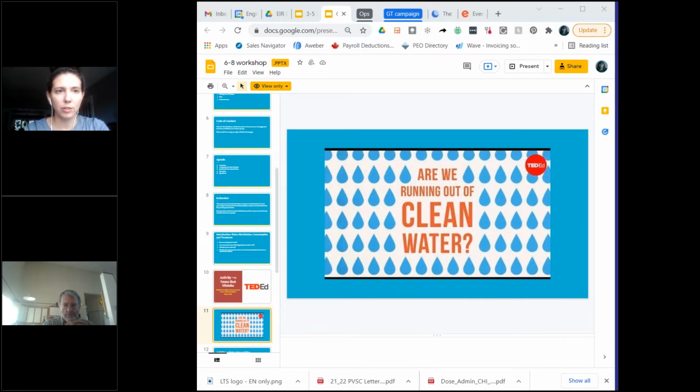So the original version of the activity, the students are basically broken out into groups. Ideally they're broken out into 6 groups, and each group is assigned a country. And one of the things I love the most about the design of this particular activity is it